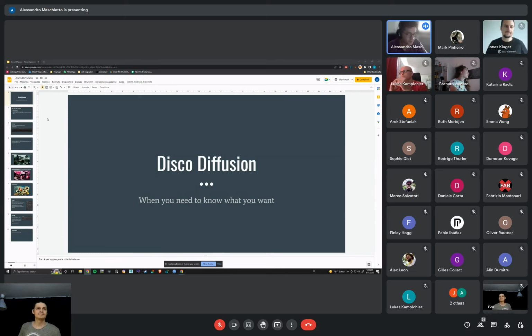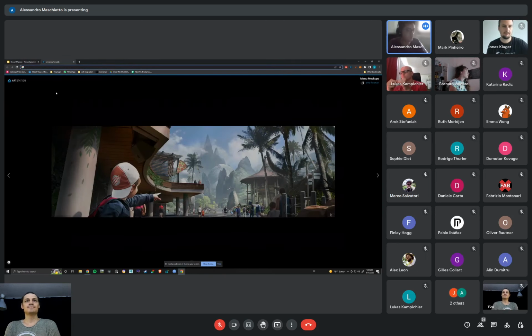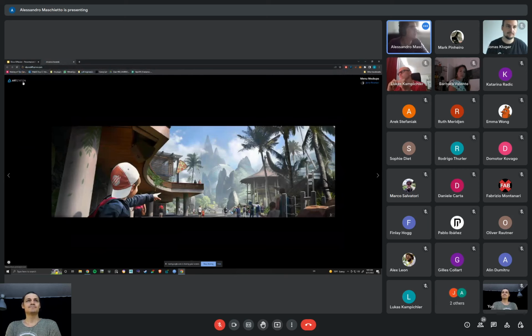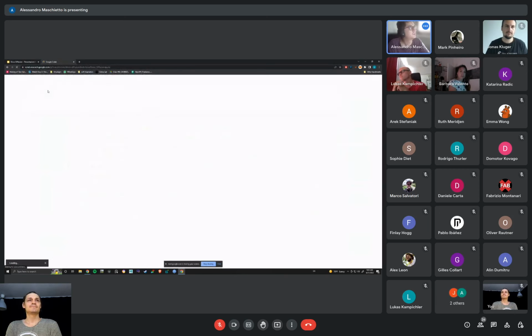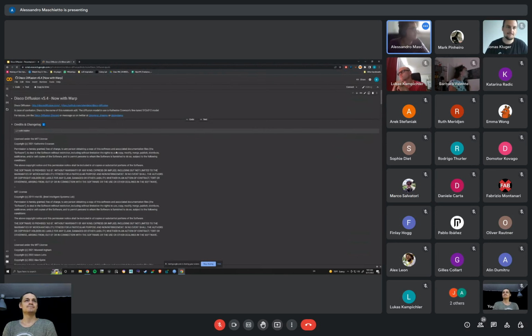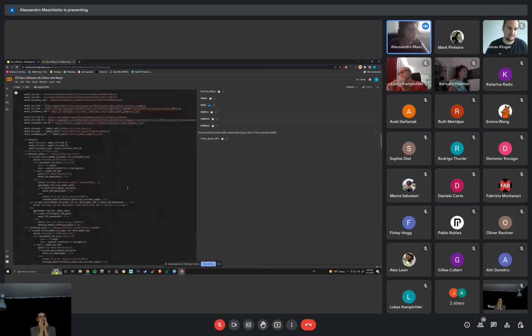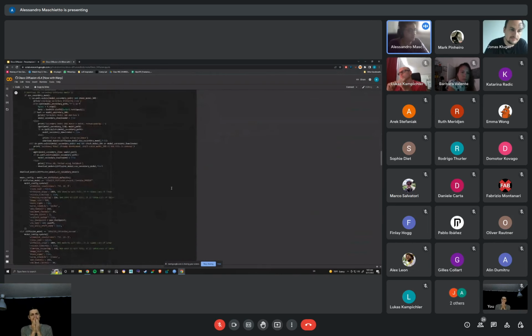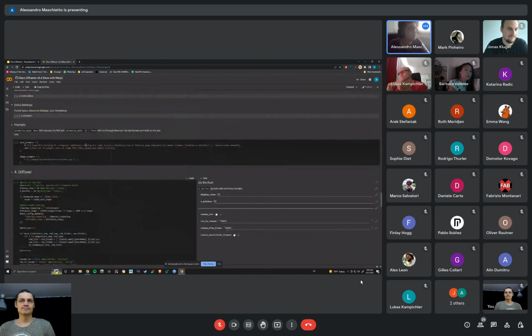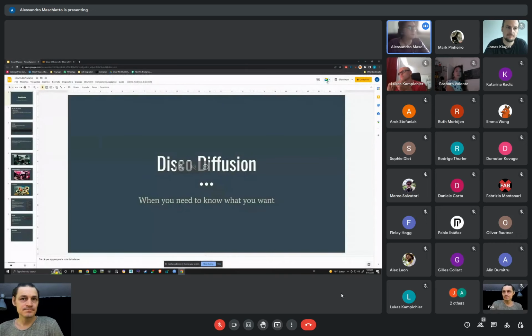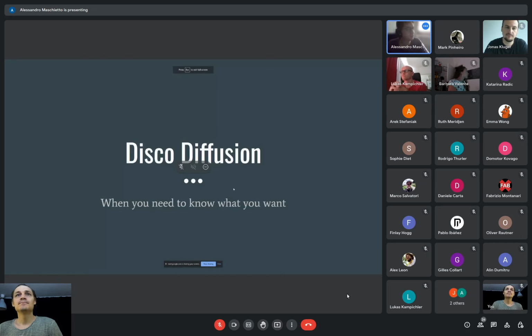This is a Google Colab thing. You just go on Diffusion, and it will load up this Google Colab tab, and you can see a bunch of lines of code, and this is where all the magic is happening. But let's go with the slideshow.